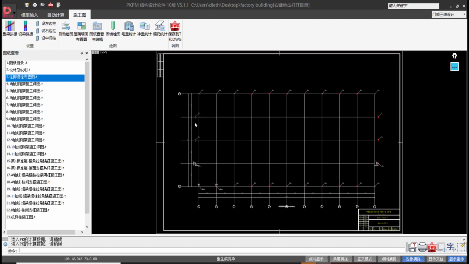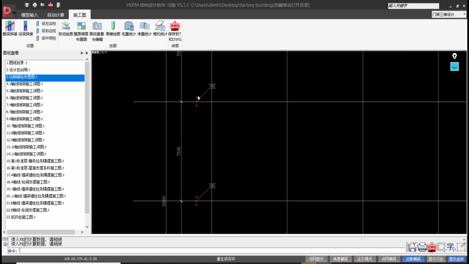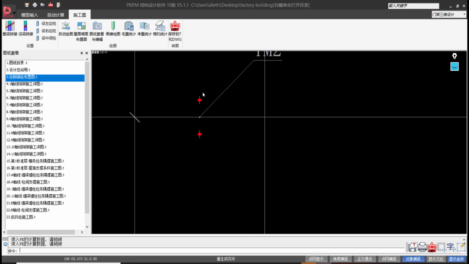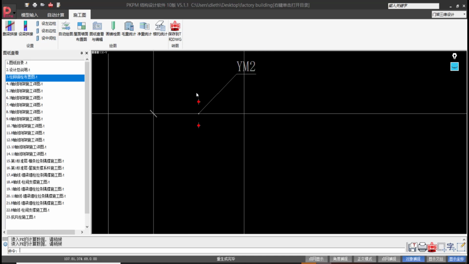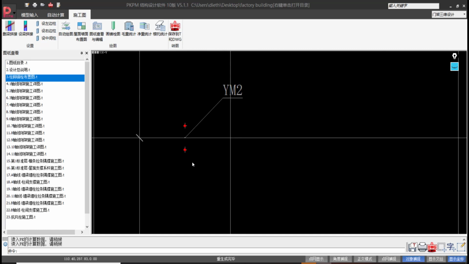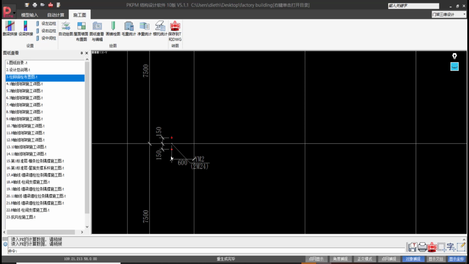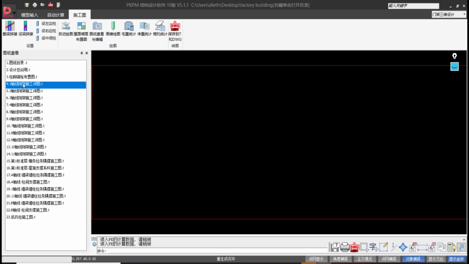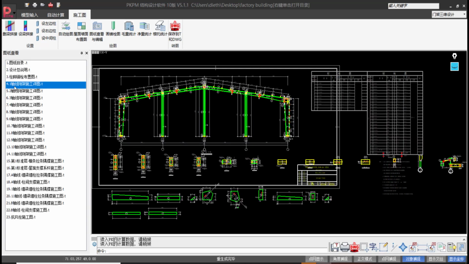Then here we are having the placements of the foundation of the bottom connection of the columns. So you see this one here, 600 away from that. Yeah, then here we are having what we are having